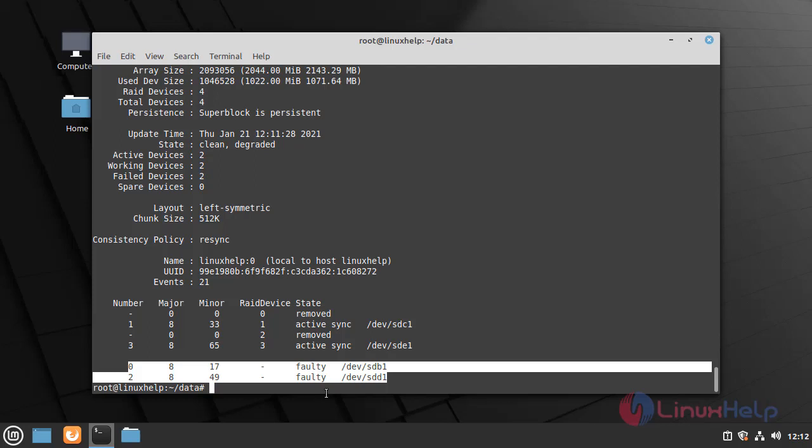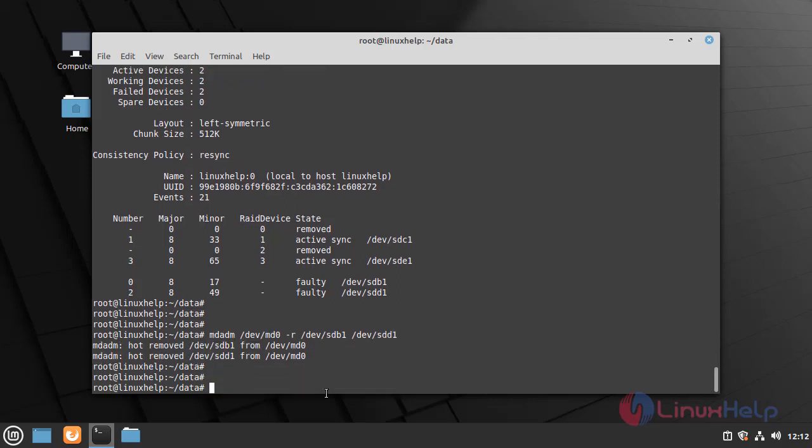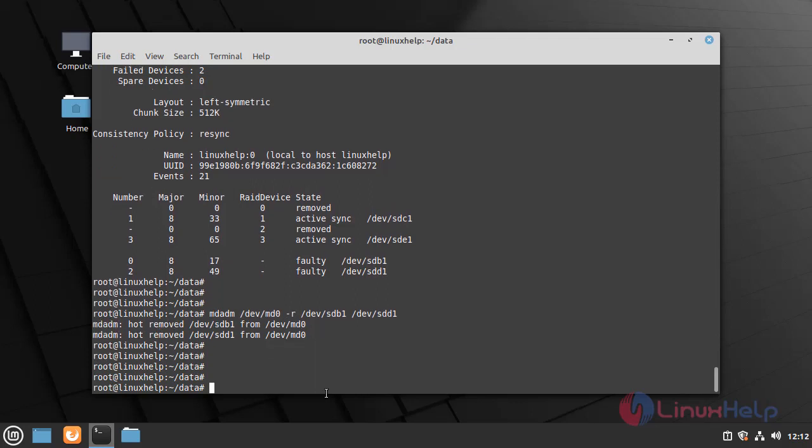Now I will add 2 drives to the RAID. Before that I will remove the failed drives from the RAID. The drives are removed. Now add the 2 new drives.